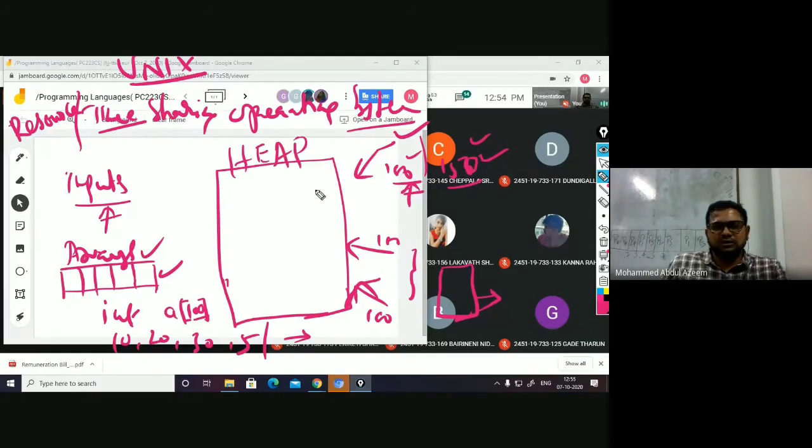So this is the concept behind dynamic memory allocation and deallocation. This is how the concept came into being.